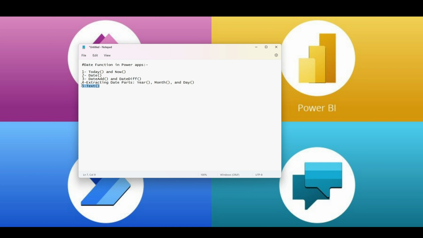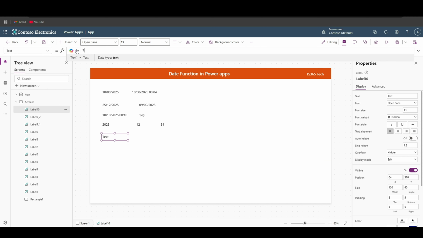Next one is Text. Let's talk about making our dates look good. By default, Power Apps uses a standard format, but we often need something different. We use the Text function for this. The Text function takes a value and a formatting string, for example, to display today's date in a more readable format like Sunday, August 10, 2025. So we need to write